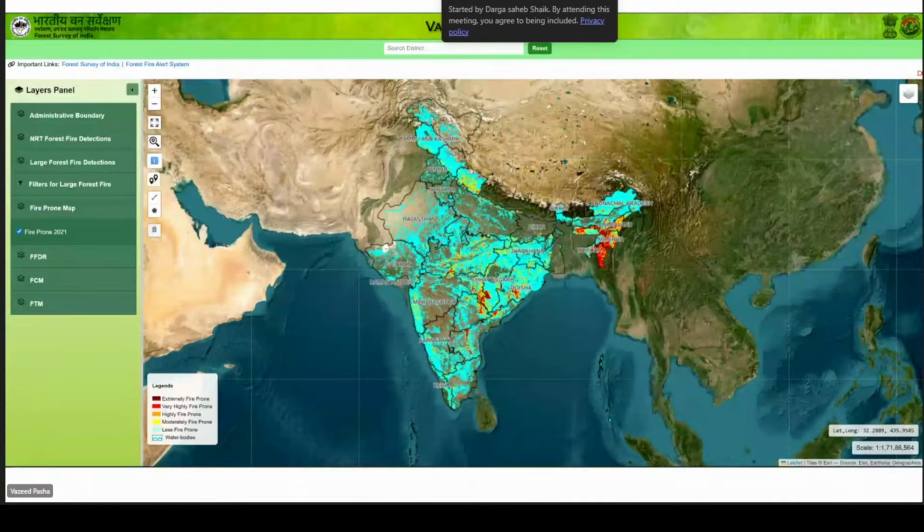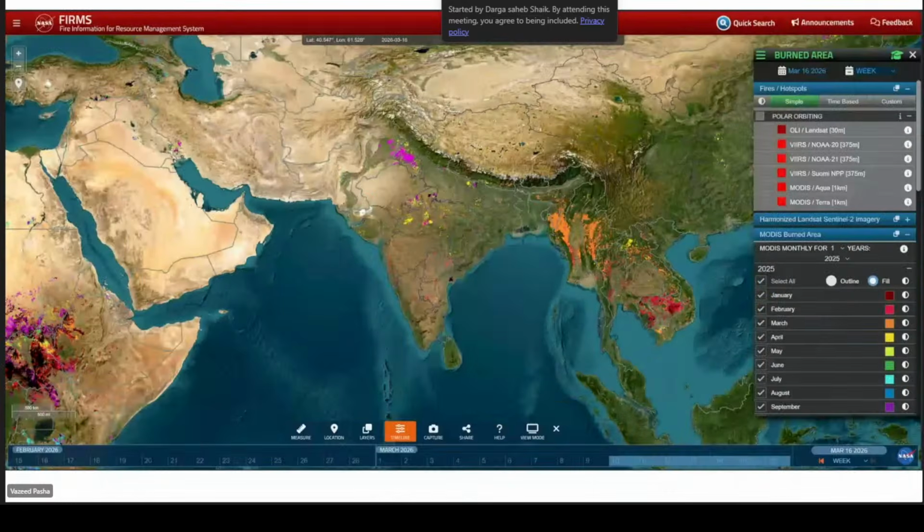But this data is for visualization purposes, not for download. As I showed earlier, you can visualize as well as request a download for a specific region for further analysis.